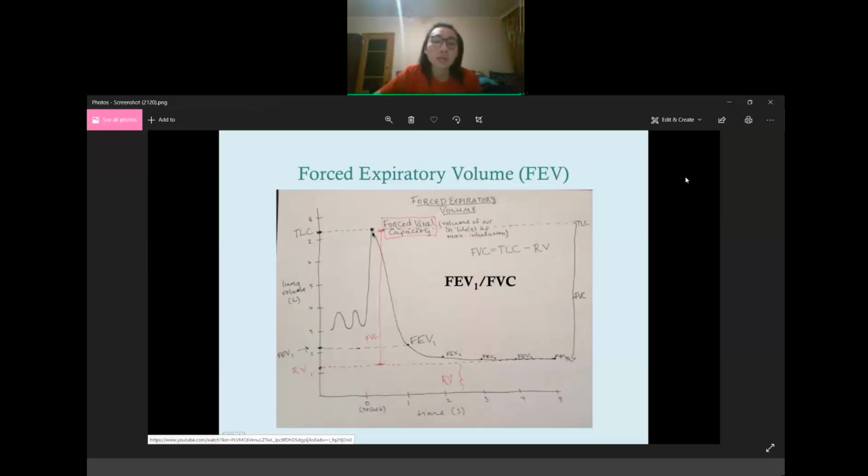Okay, so right here we see that the FEV, what is FEV? Forced expiratory volume. So we ask the patient to inhale as much as he or she can, and then we ask that patient to